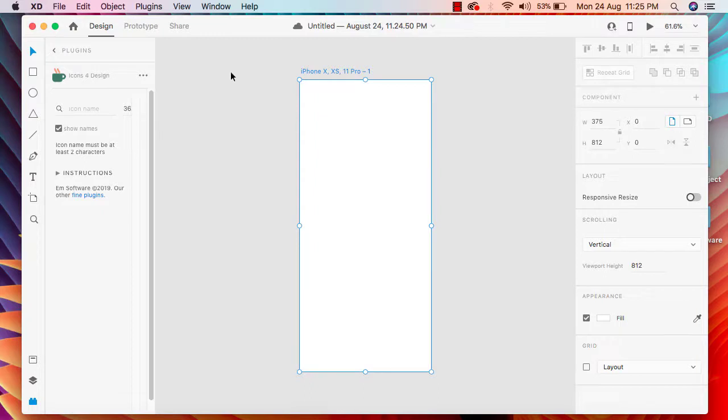In the left side corner, let me show you all the tools that are available. In the left side corner you will see all the tools available inside Adobe XD. This one is the select tool, this one is the rectangle tool, ellipse tool, polygon, line, pen, text, and this one is for our artboard. And at the bottom you will see three icons here, and the last one is for our icon. It means that whatever icon you install, you will be able to see in here.